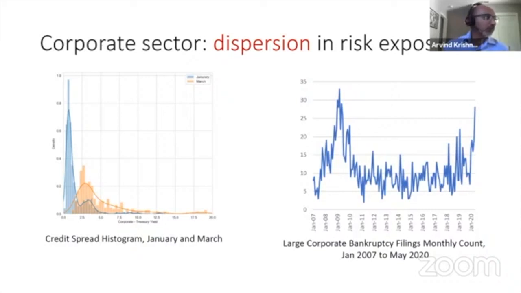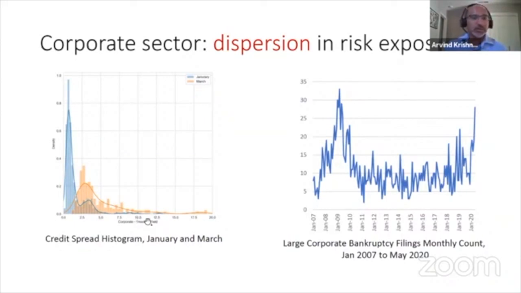Okay, so what you see when comparing blue to orange is pre-pandemic spreads were relatively low and relatively tight. There wasn't much dispersion in spreads, whereas in the pandemic, the level of spreads has shifted out, but just as significantly, if not more significantly, there's a lot more dispersion in spreads. There's just a lot more mass here on the right tail. And what that's indicating is there's a lot more firms that are much closer to financial distress as we've